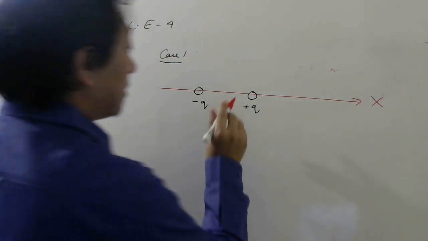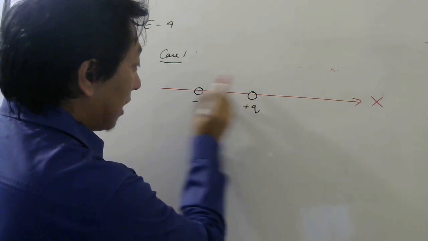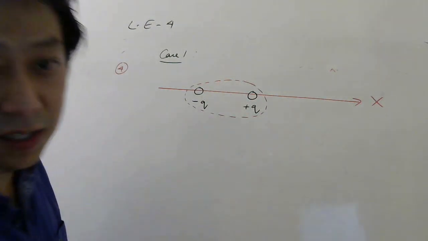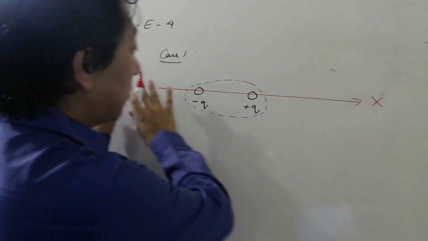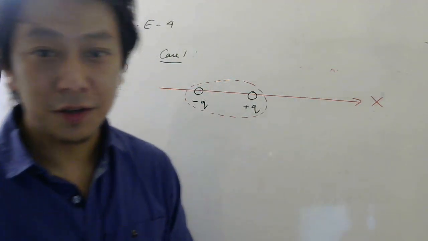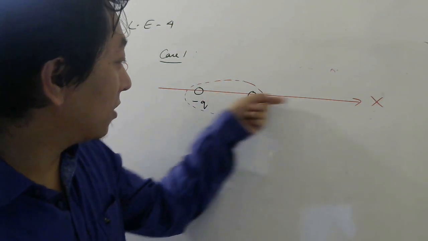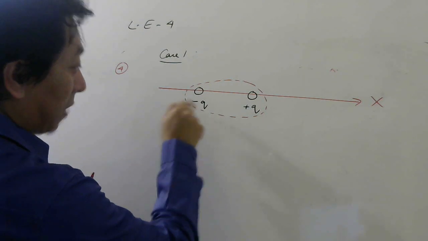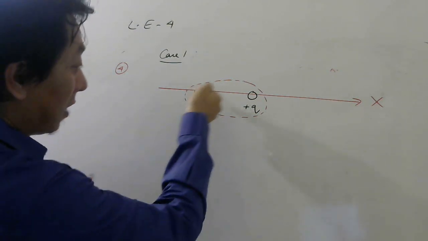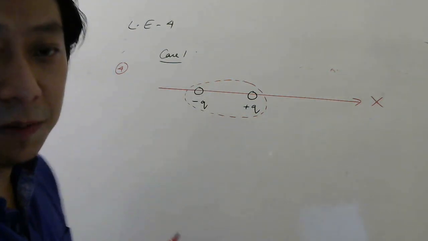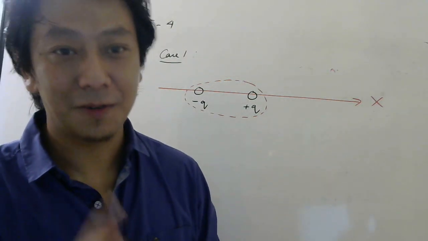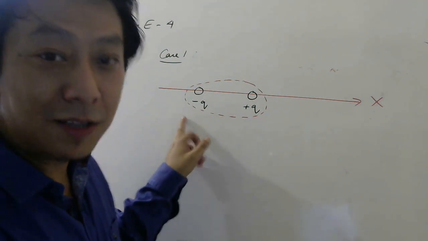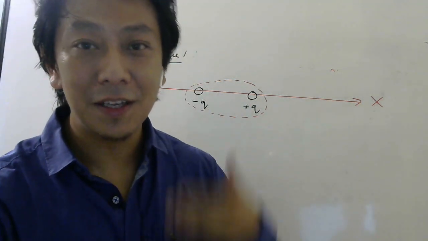Now they are asking in what direction this dipole will feel force. Now if the electric field is uniform, what is the force? You already know. This plus Q will feel force QE this side. This will feel force minus QE this side. So total force will be how much? QE minus QE, 0. But that is only if electric field here is also E, here is also E. That means electric field is uniform.